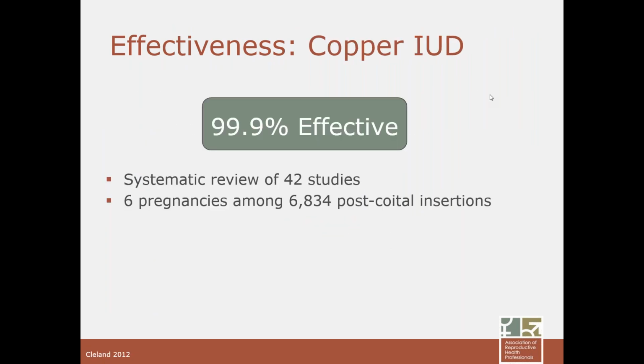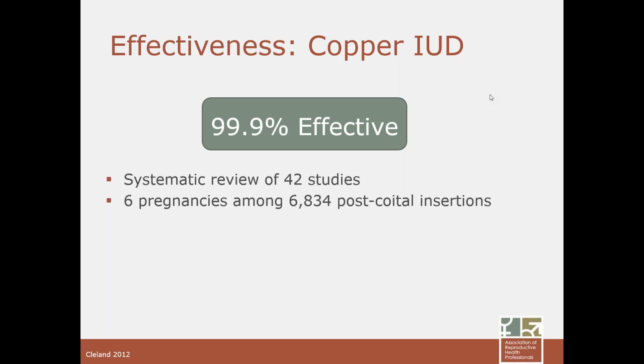So let's talk about the methods individually, and we'll start first with the copper IUD, which is 99.9% effective in preventing pregnancy after unprotected intercourse. The use of the copper IUD is not nearly as widespread in the United States as perhaps it could and should be, especially considering its documented efficacy for more than 40 years. A 2012 study